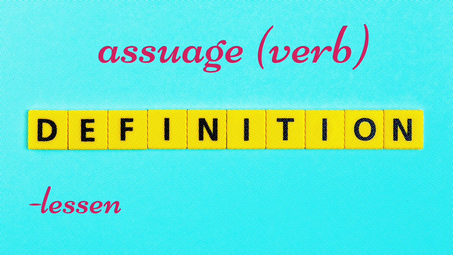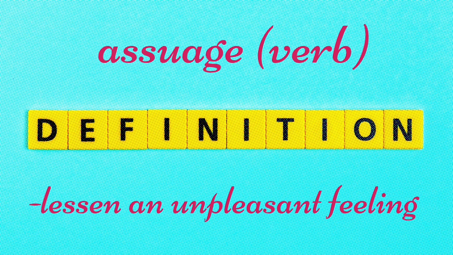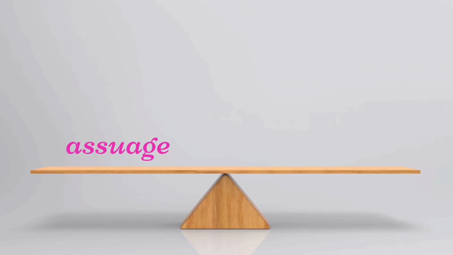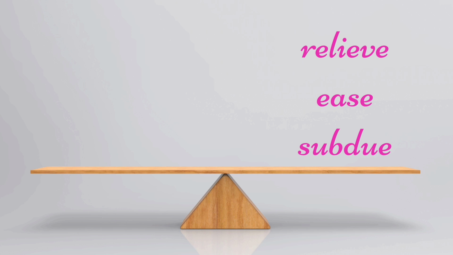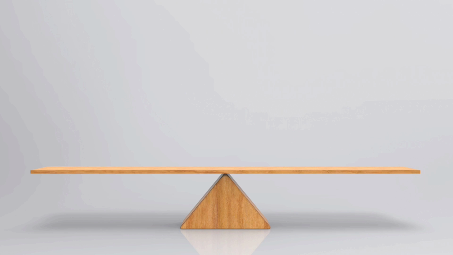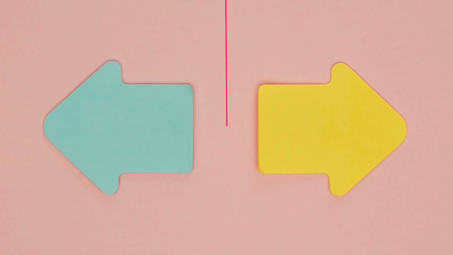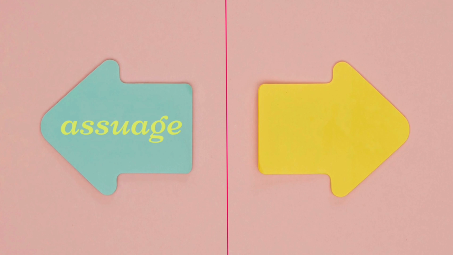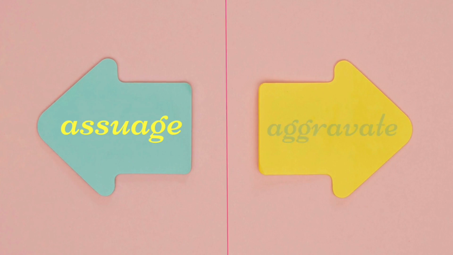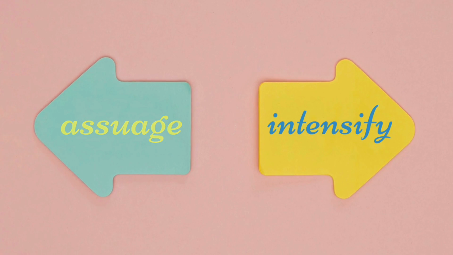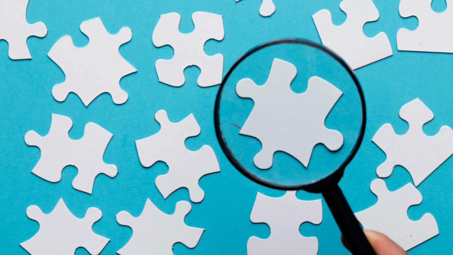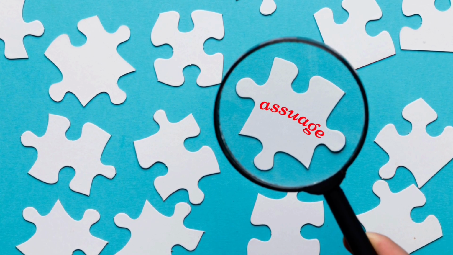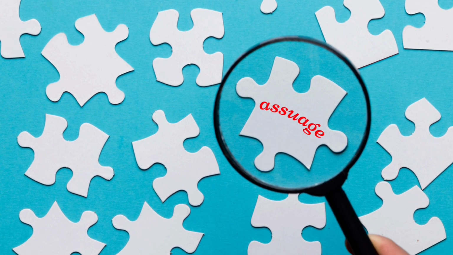To assuage is to lessen a feeling or sensation, typically one that is unpleasant. A few synonyms, aka similar words, include relieve, ease, and subdue. If you need to convey the complete opposite of assuage, here are some antonyms, aka opposite words: aggravate, worsen, intensify. Now that we have the definition of assuage along with some synonyms and antonyms, let's look at this verb in